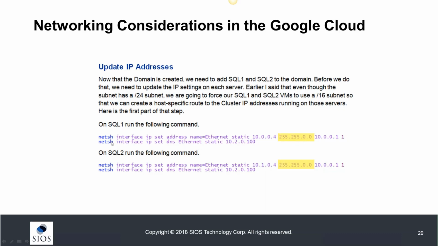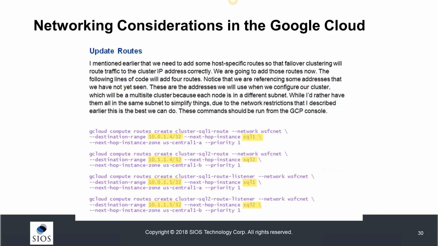By running these netsh interface commands, we can set the subnet mask, force it to use a different subnet mask. And we need to do that, otherwise we wouldn't be able to do what we're going to do next in creating custom routes for the